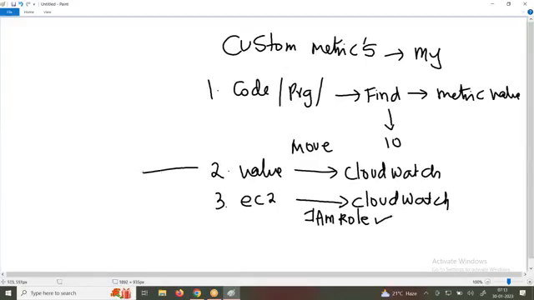Now here only it will come. You have a value and you want to move the value to CloudWatch. If it is AWS CLI, then what do you do? You can move the value with the help of